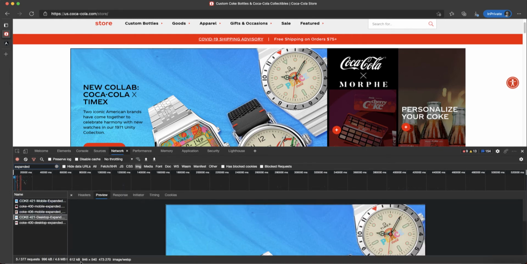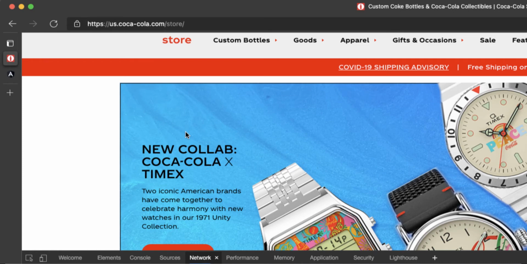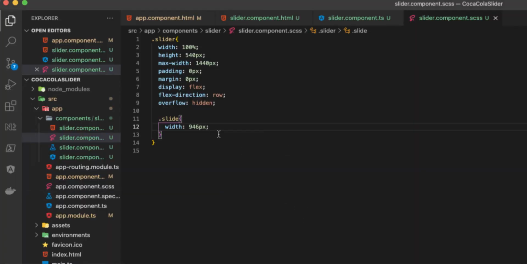As we can see, the image is 946. We'll add that here, but I'll show you if you want to have this dynamically. So it is 946 pixels, and we can check that now. Okay, we can see here that this is 946 pixels here. Okay, and now we have to add,